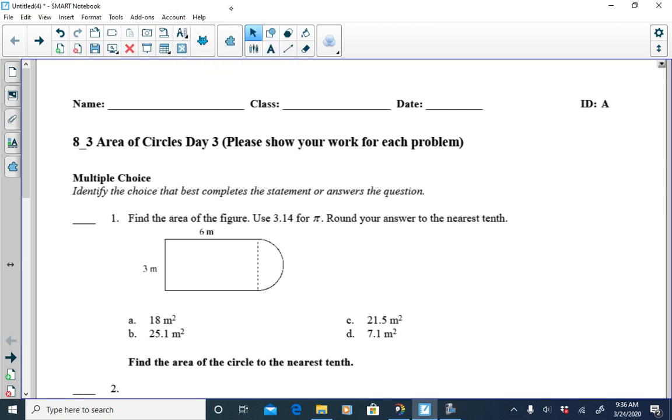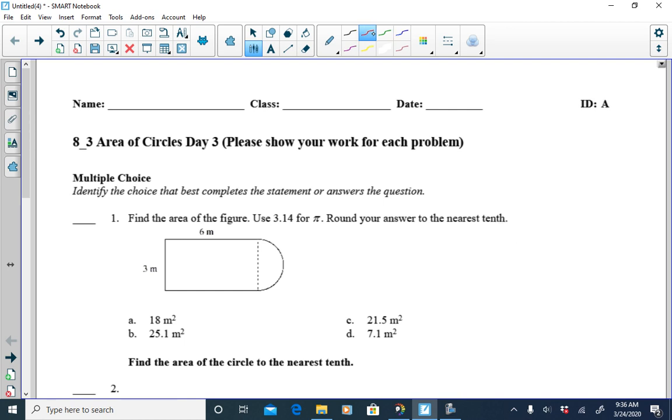Okay, guys, let's take a look at these problems that you guys are working on, where you're finding the areas of some of the irregular figures here. All right, let's start with problem number one. It says to find the area of the figure, use 3.14 for pi and round your answer to the nearest